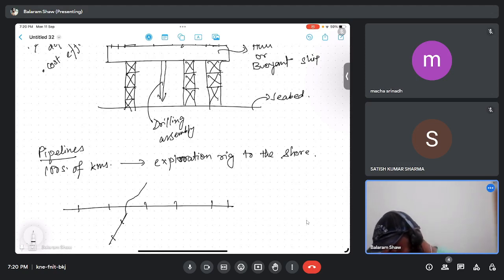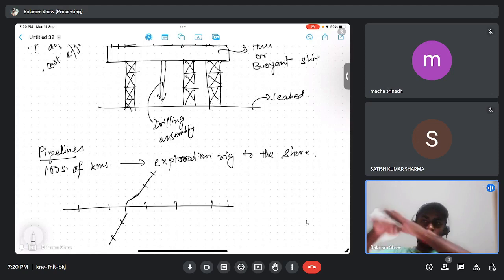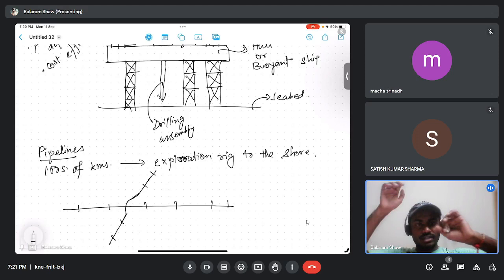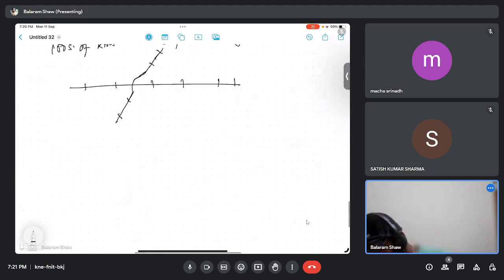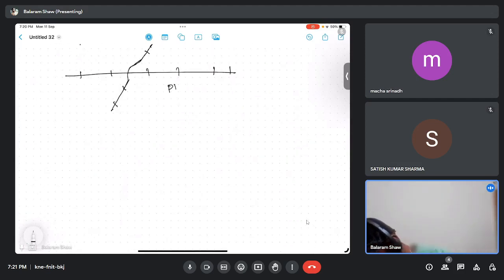Anyway, it's a straight kind of pipe, so it will go like this. So this kind of elevation change will be there. And again, in that figure also we have seen, if the seabed is not flat, it will also change its elevation, some kind of sea mounts will be there. The land is like this, and then it again becomes flat, so it has some elevation difference. For that also we have to take it into consideration. So if we draw that in the cross section, it was a plan kind of thing. If we want to draw the cross section,